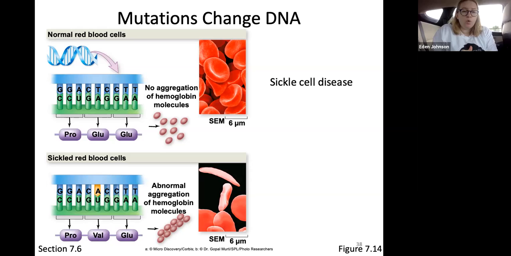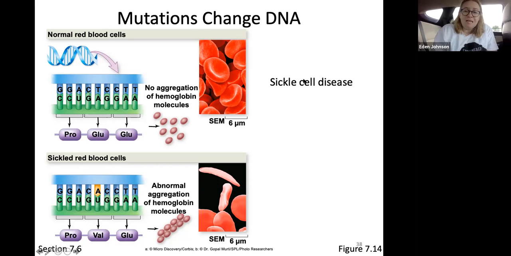All right, so here we have a very common substitution mutation where in your DNA, so blue is your DNA sequence, in your DNA, you go from a T substituted with an adenine, okay? And this is going to change, instead of a GAG mRNA codon, it's going to create a GUG mRNA codon. That's going to change this chain peptide